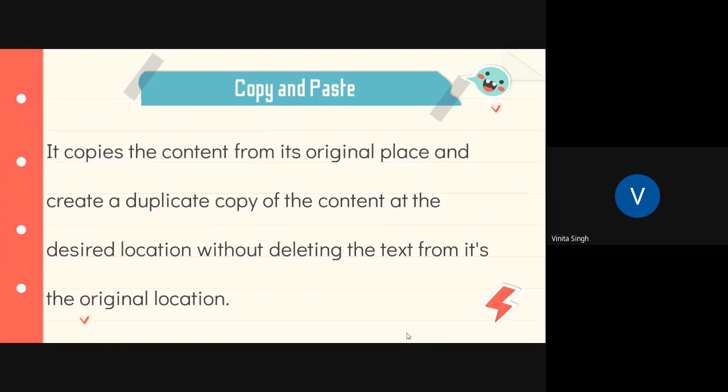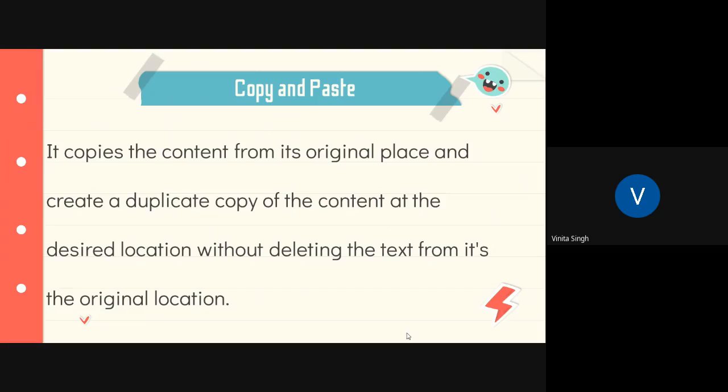The copy and paste operation will copy the content from its original place and create a duplicate copy of the content at the desired location without deleting the text from its original location.